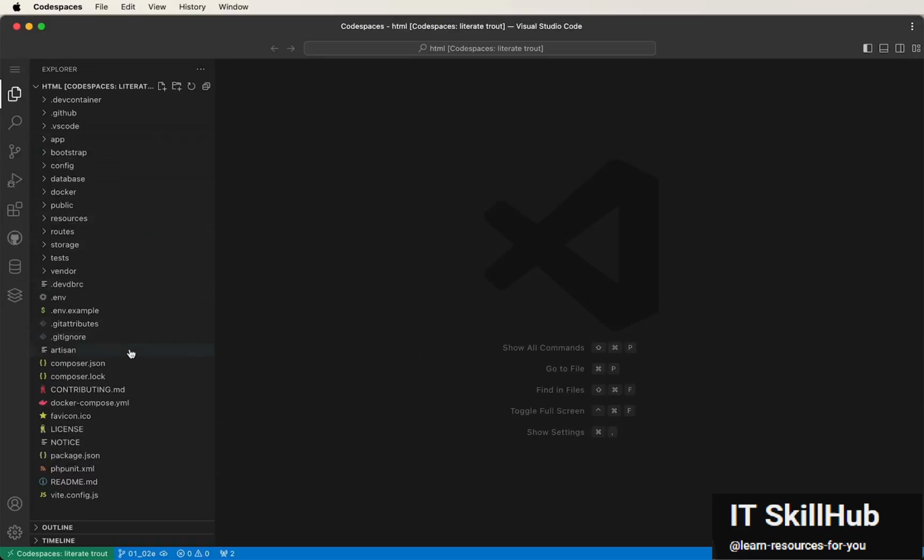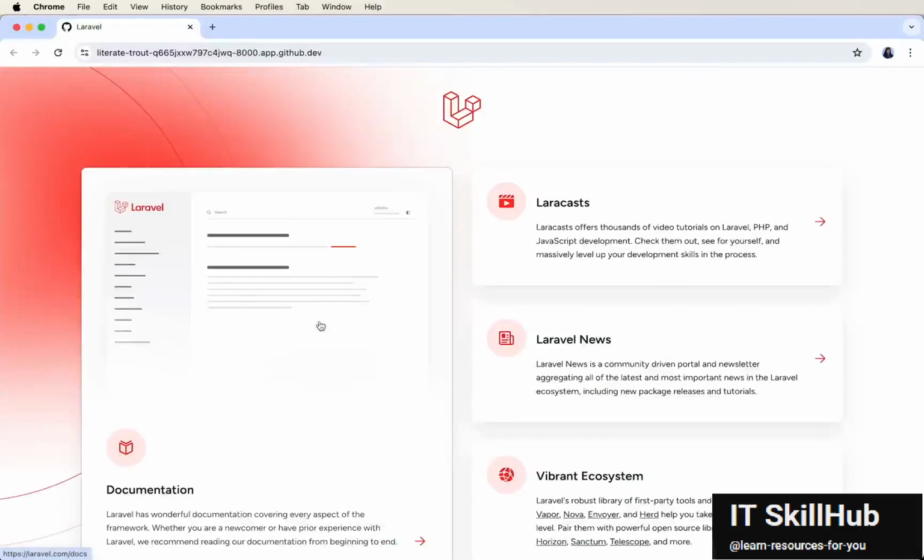This is your Laravel app codebase. With these many files and folders, it's easy for a beginner to get overwhelmed at first. For the basic app that we are going to build in this course, we only need to access a few of these, and we'll take it step by step. The very first thing we find out is where this content is being fetched from.